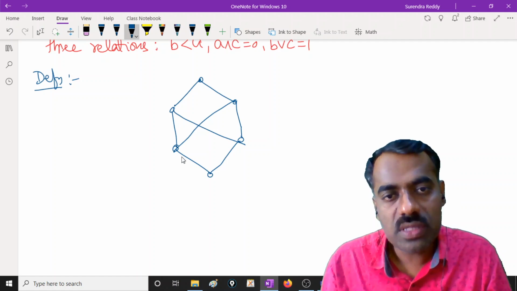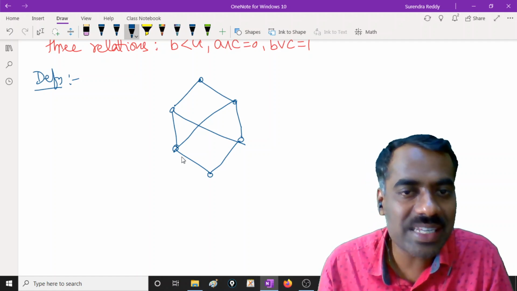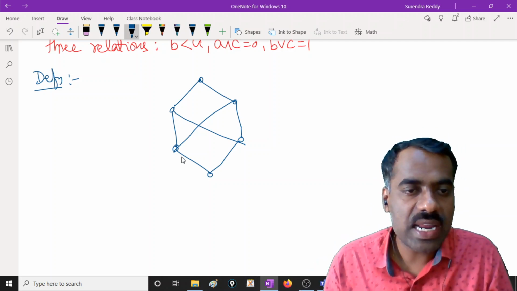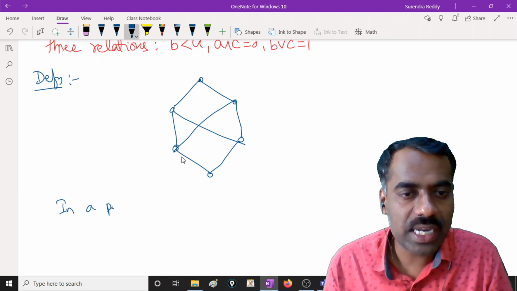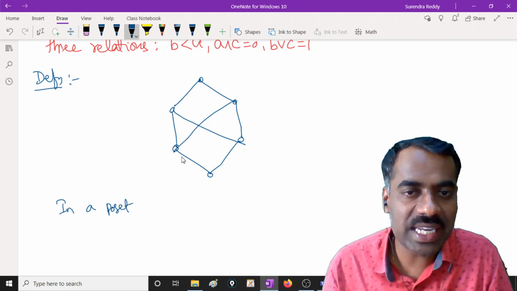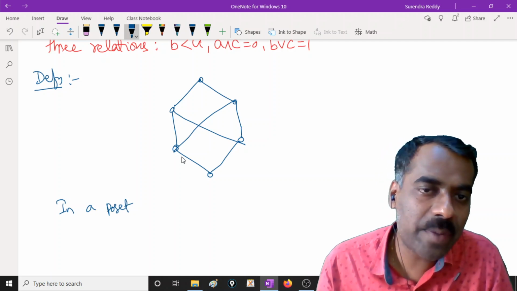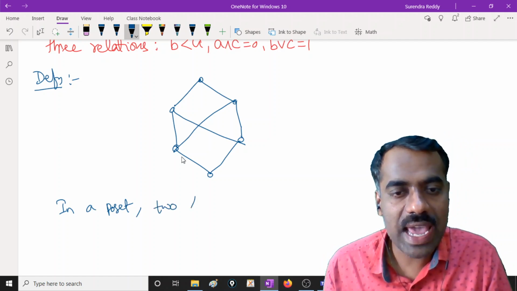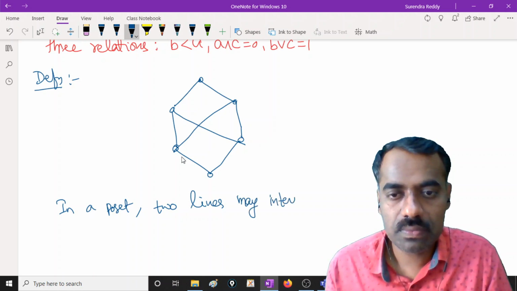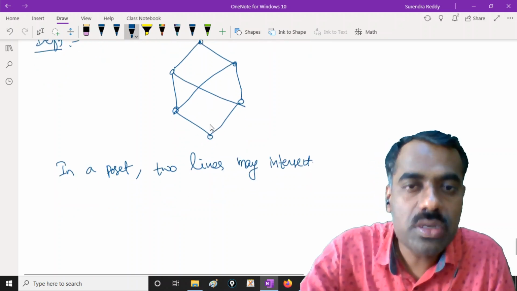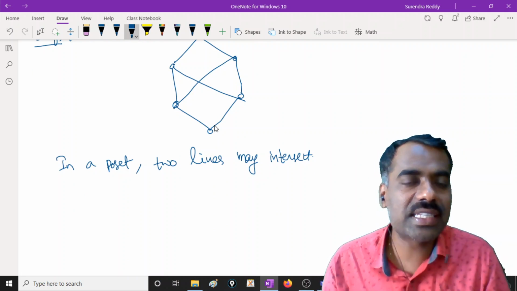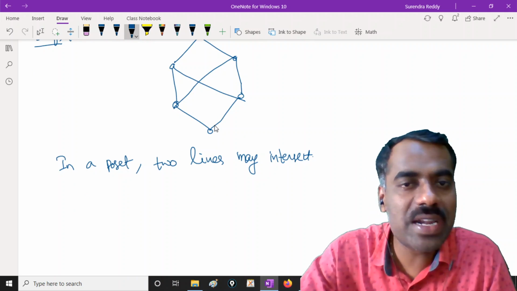These two lines are intersecting here. It doesn't mean that there is an element here. In a lattice or in a poset, when we are representing it in the form of a diagram, it may happen that two lines intersect. So you should understand that this is not an element. Are you following? This is just the intersection of those two lines, but it is not an element of that lattice